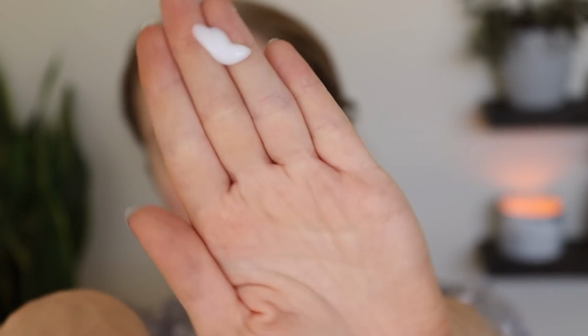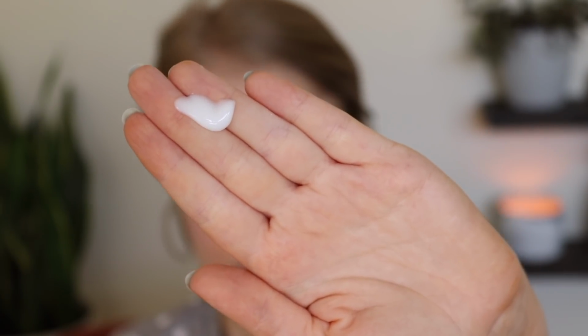And I really am enjoying this. It has a very lightweight kind of lotion-y look and feel to it. And it kind of just adds a nice extra layer of hydration and glow to your skin. I always apply this underneath moisturizer. I don't think this would be moisturizing enough to use on its own. I think you probably will need a moisturizer to go on top of this because I mean it is a